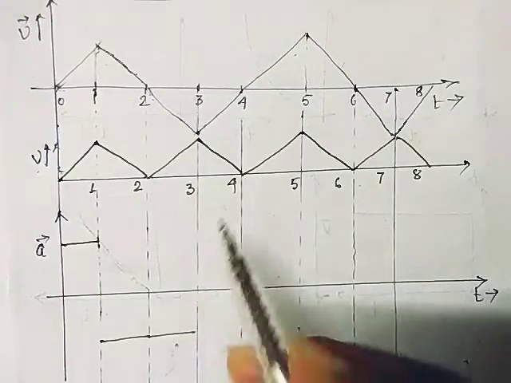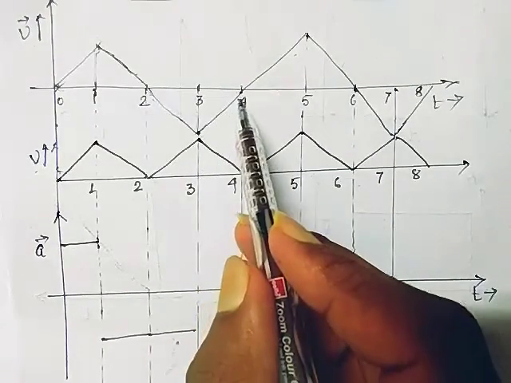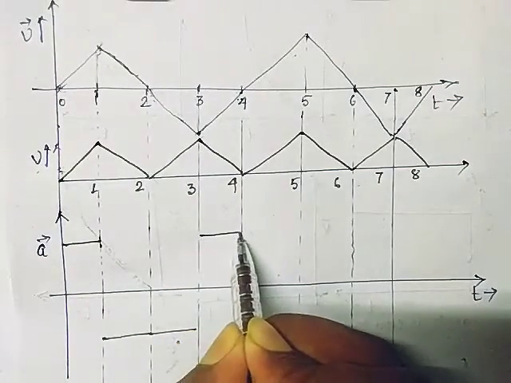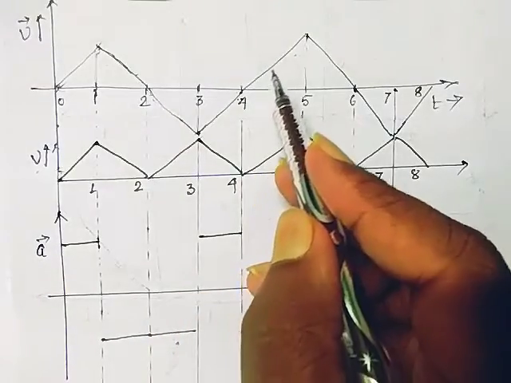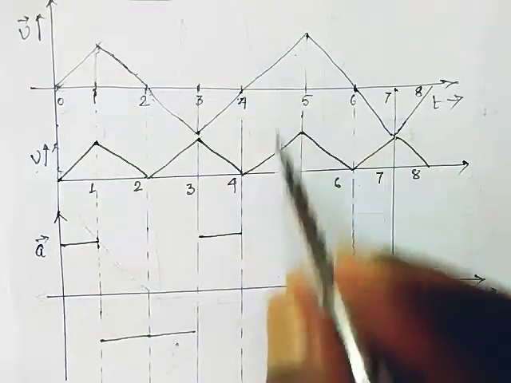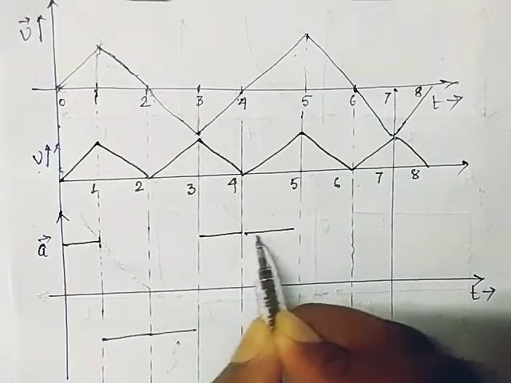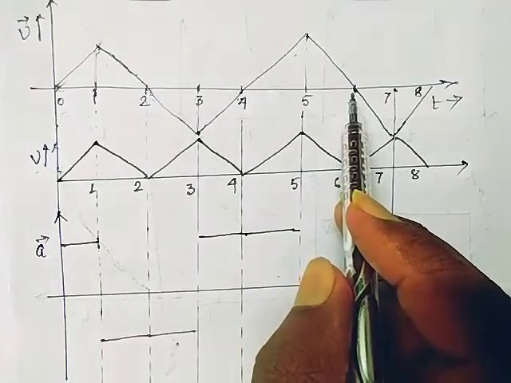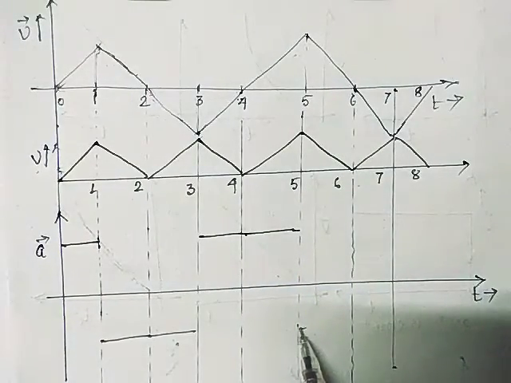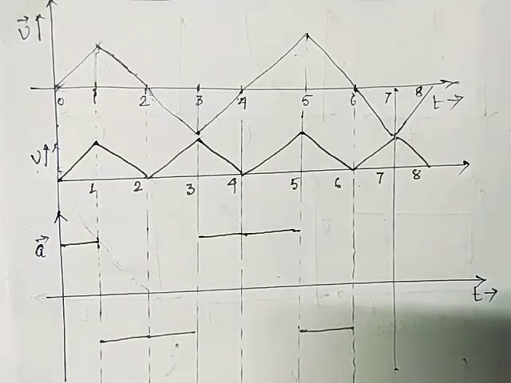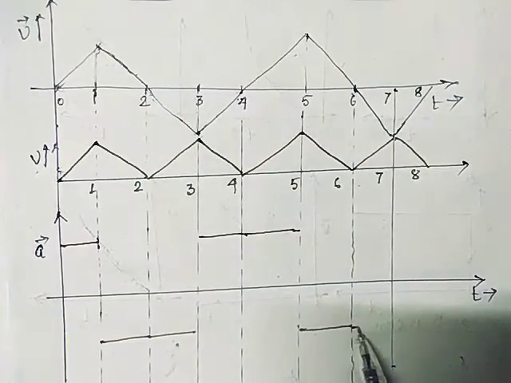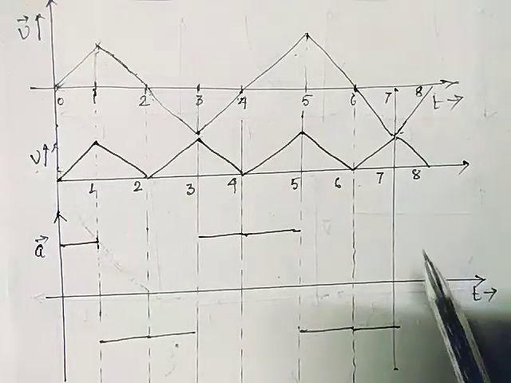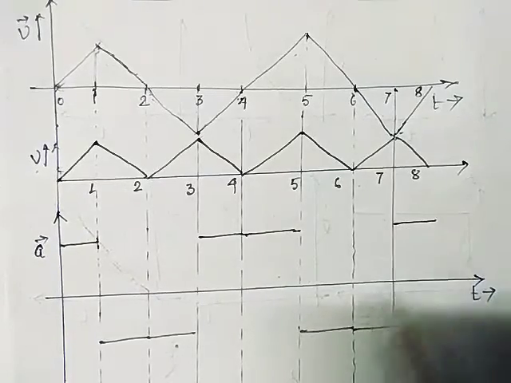After that the slope is increasing, positive slope, not the value, the slope. So it will become this. From 4 to 5 the slope remains in the same manner, it is increasing up to 5, so up to 5 we will show this. After that again the slope becomes negative up to 6, so it is like that. From 6 to 7 it is again negative, so obviously it is like that. And from 7 to 8 it is again increasing, so it should be here.